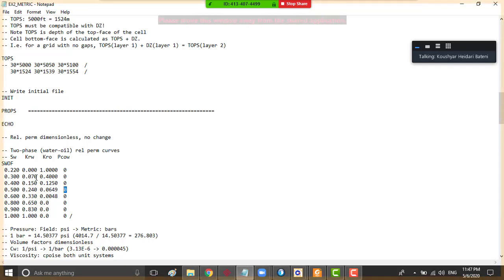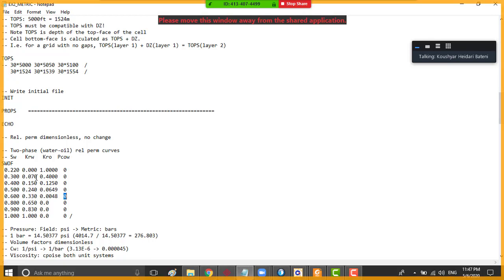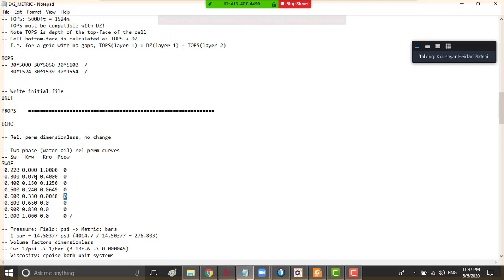So you're lucky and you don't need to do anything here also. But if you had some capillary pressure here, you had to do the unit conversion, and you had to change the PSI